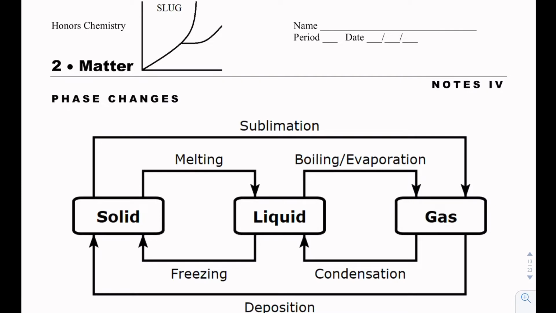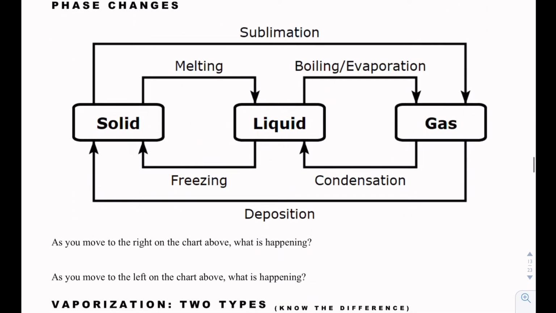So from your textbook reading, we know that phase changes occur all the time, and we just need to kind of know this chart. The two that I will point out that sometimes people goof up on is we can go from solid to gas actually in one step and just avoid that liquid phase. This is called sublimation. This typically happens with dry ice, which if you've ever seen a fog machine, that typically has dry ice in it, which is just solid carbon dioxide going to gaseous